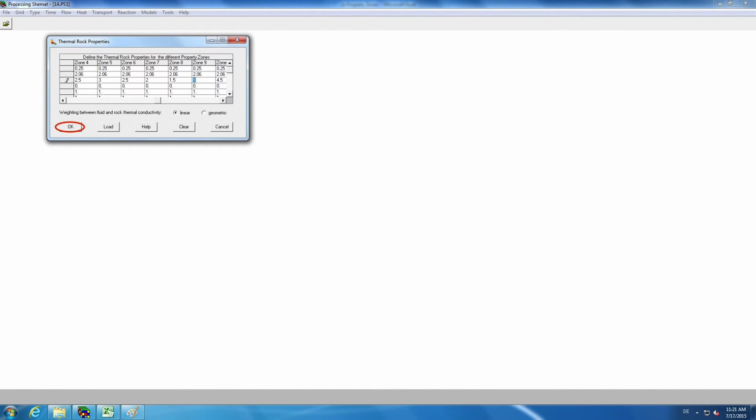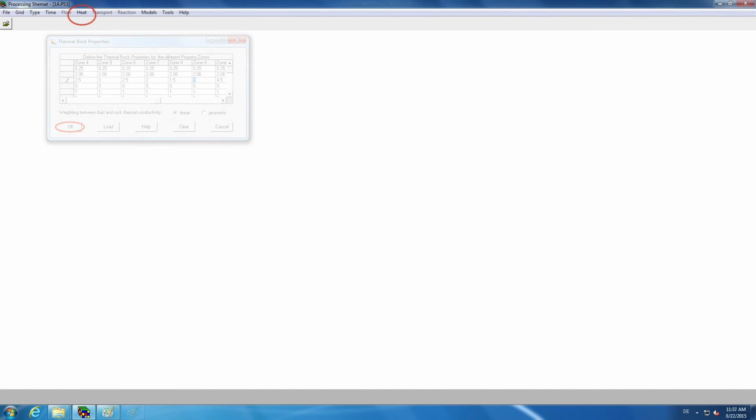To this end, adjust the values of thermal conductivity by first increasing the value of 1 watt per meter in Kelvin in zone number 1 in steps of 1/2 watt per meter in Kelvin down to zone number 5, and then by decreasing it again in the same way down to zone number 9. Then leave by confirming your selections. This returns you to the main heat menu again,